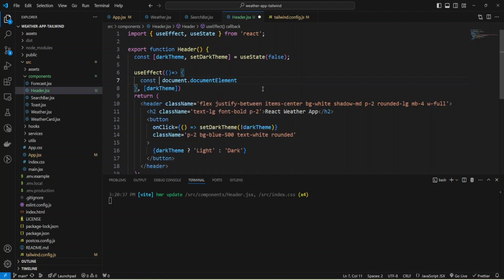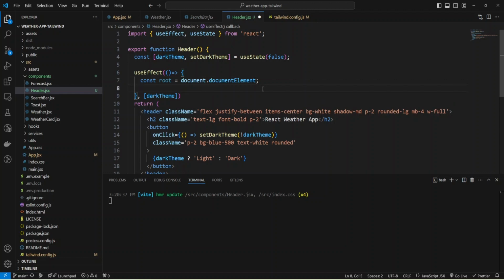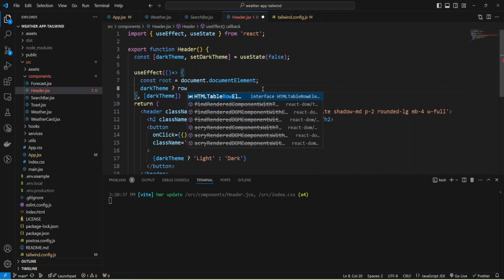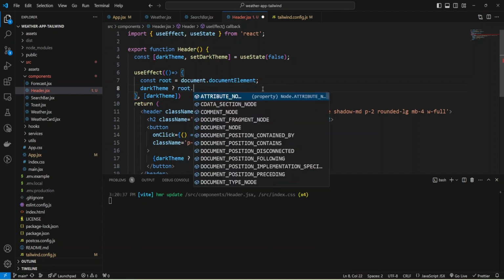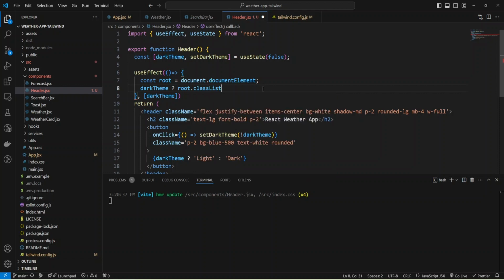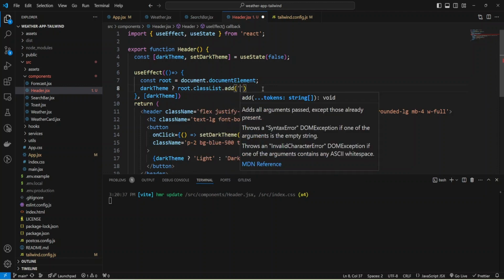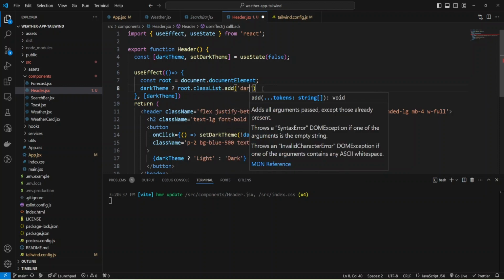And let me add some name. I'll name it root. For that root element, I'm going to add dark mode or remove dark mode depending on our state variable. Let's check if we have dark theme, then I'm going to use this root element, and we have classList, and I'm going to add dark to it.